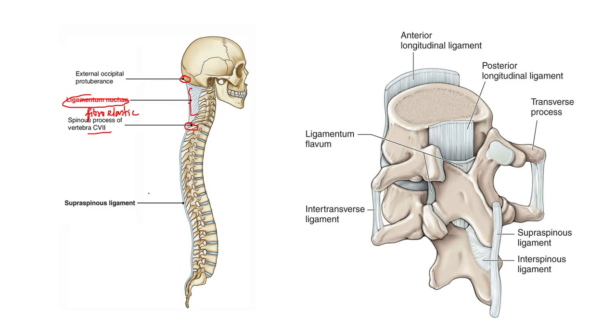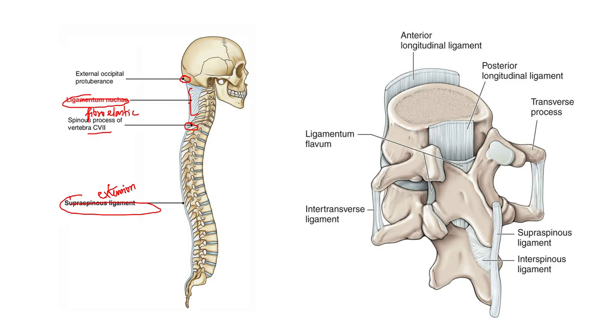This is your ligamentum nuchae, and sometimes they say that it is the extension of the supraspinous ligament. Okay, so when we discuss ligamentum nuchae, I would like to discuss some additional points about the ligaments between the